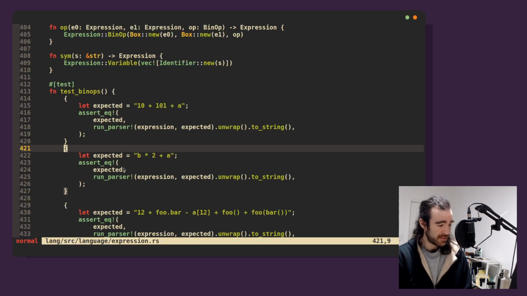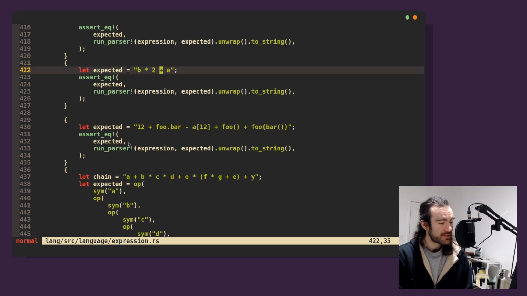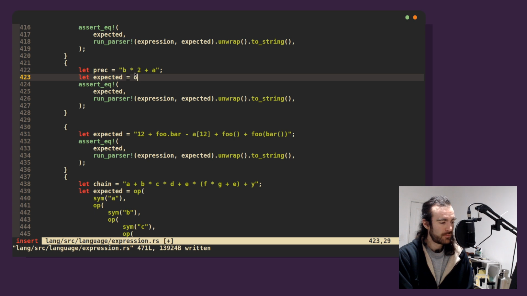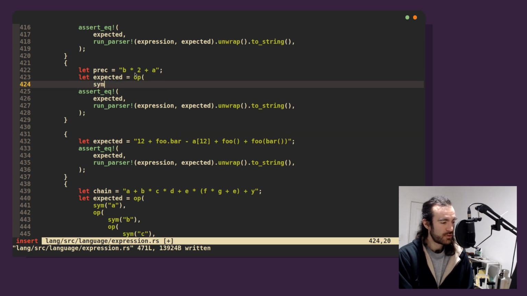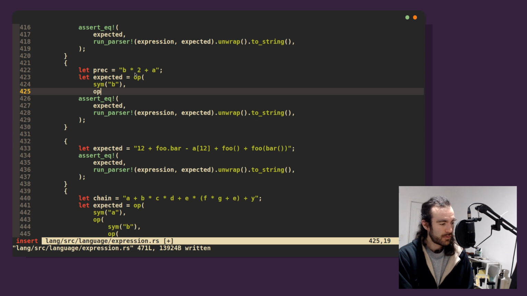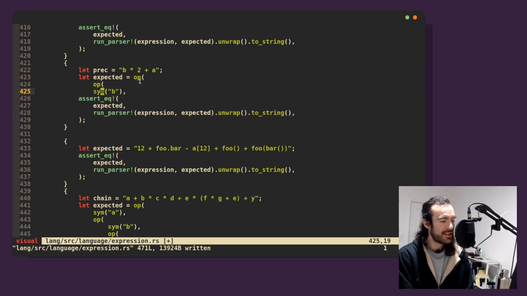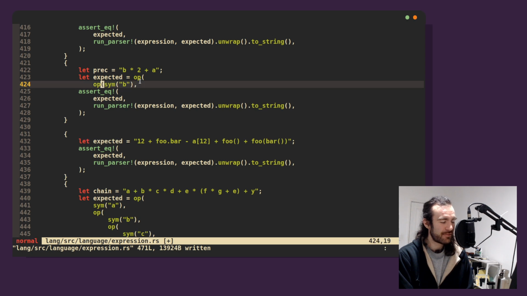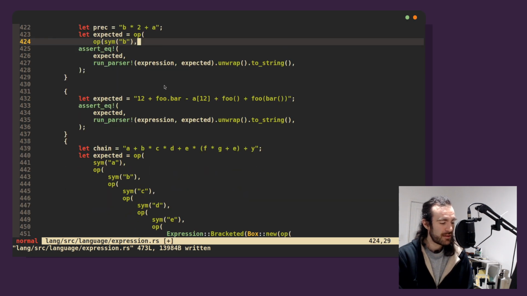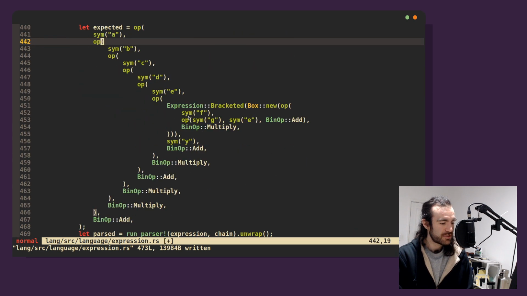Right, this has no problem. But what I actually want to do is say expected, let's say, so we should get b op, no, sorry, so we should have this. This is the left association, right? We should have b expression